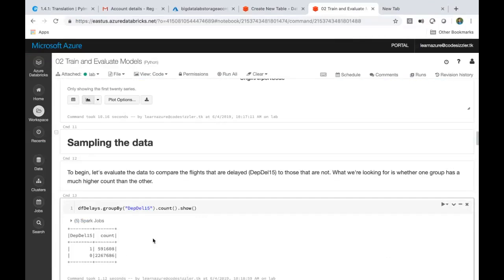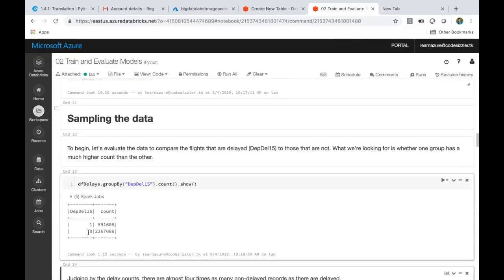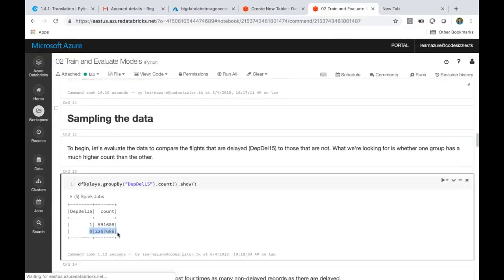If you observe this, the not delayed is around 22 lakhs. The delayed one is only 5 lakhs, maybe 6 lakhs. So if you take a sample out of this, the probability of getting equal numbers is very low, because you have a dominance of 4 times.